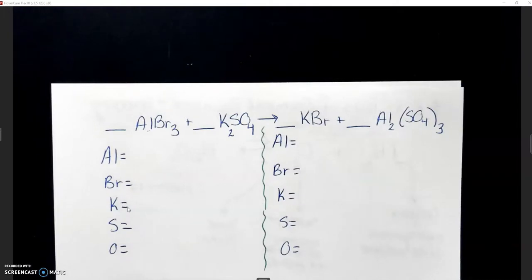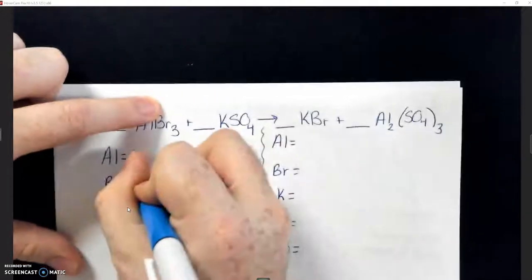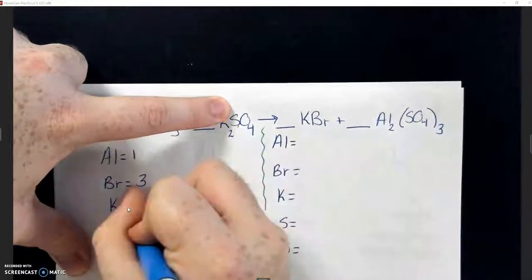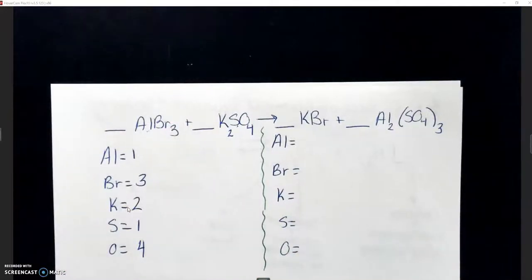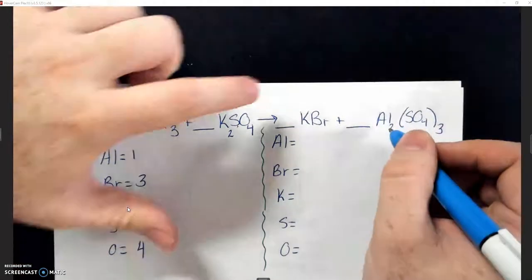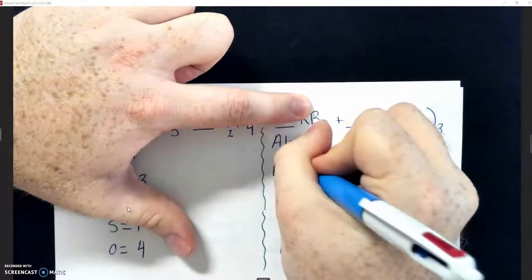And now we need to go through and count our atoms. On this side I have 1 aluminum, 3 bromines, 2 potassiums, 1 sulfur, and 4 oxygens. On the other side, I have 1 potassium, 1 bromine,